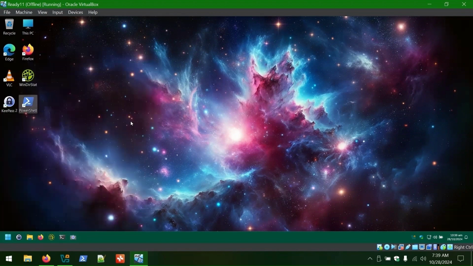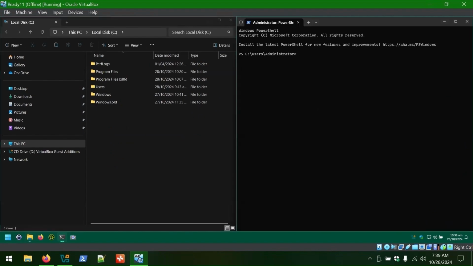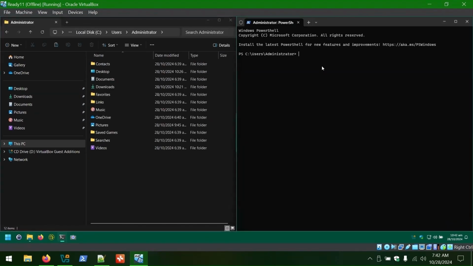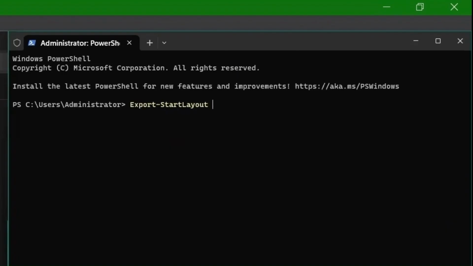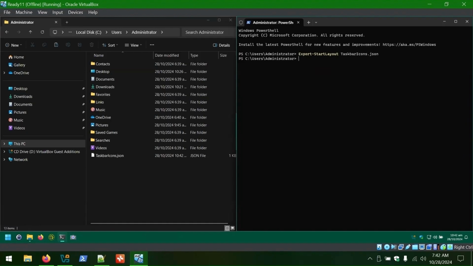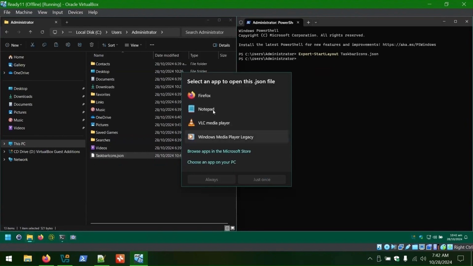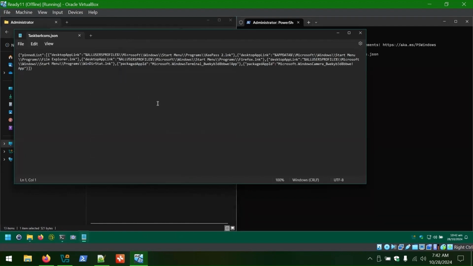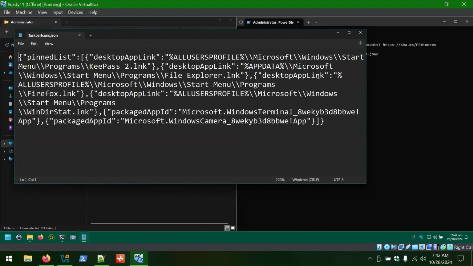Open PowerShell. We see we are in the Users Administrator folder. Type in Export-StartLayout TaskbarIcons.json. We see it pop into the Administrator folder. Let's open that up with Notepad, and here we see the locations of all the icons we want on the